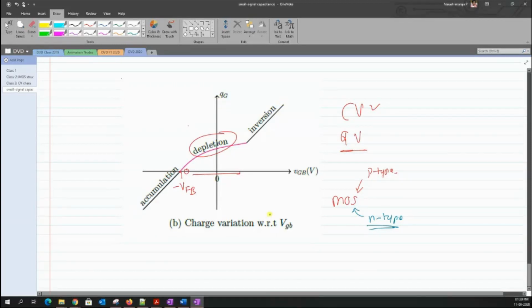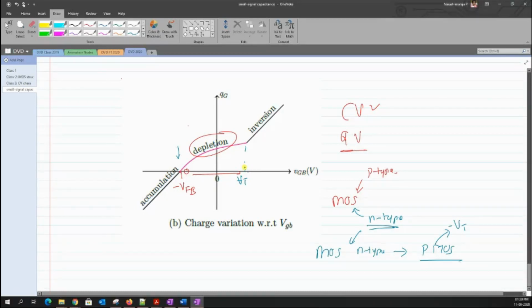So what happens is that our VFB, for an n-type semiconductor, will be a positive quantity, okay? Because the MOS, when I'm trying to build by making use of an n-type semiconductor, the combination of this results in what is known as a PMOS, okay? And we know that the threshold voltage of a PMOS is a negative value. So which means that this is the graph for an NMOS where I had a positive voltage for the threshold voltage, okay? So this point will be moved over here, and whatever I had for VFB will be moving towards the other side, okay? So there will be a flip.